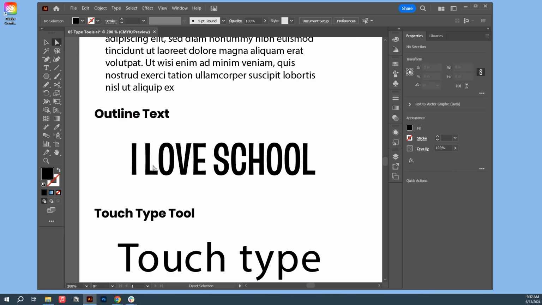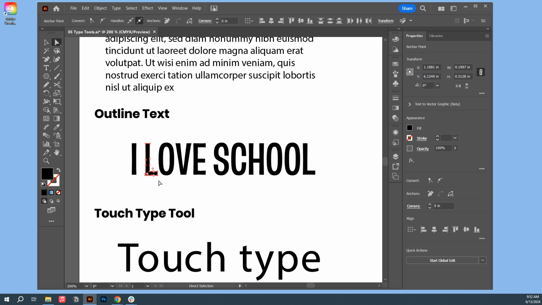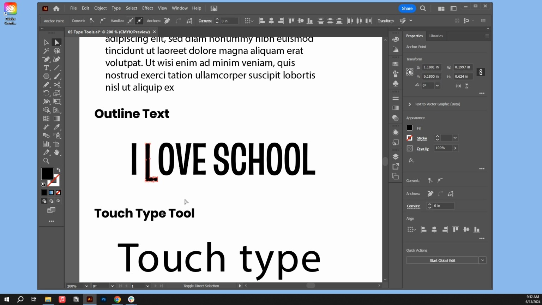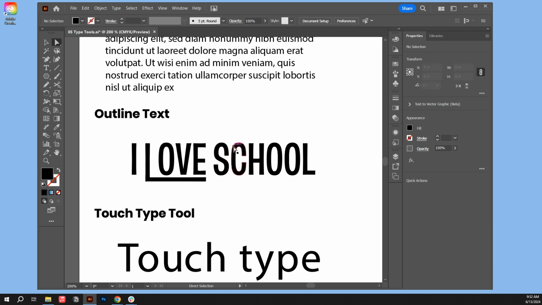So I can get the direct selection tool. And let's say I wanted to move the L down so that the L is underlining the word love. I can do that, oops, I grabbed part of the O. But I can start manipulating and changing how these different elements interact with each other and get that lined up in a way, right? So it doesn't really read well at all. It looks like it says IOV,